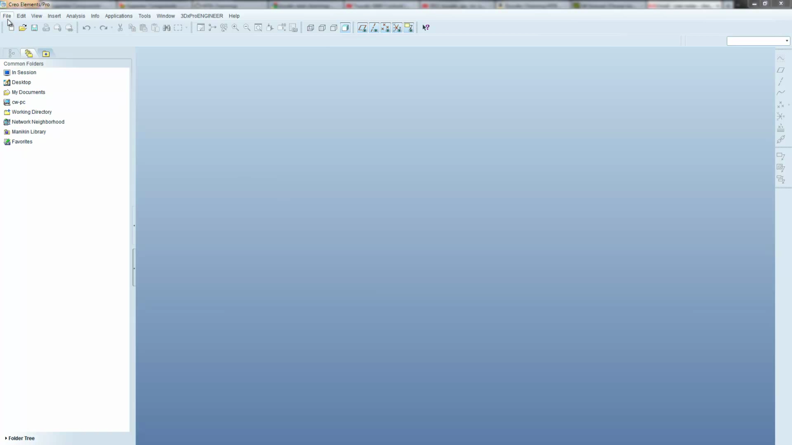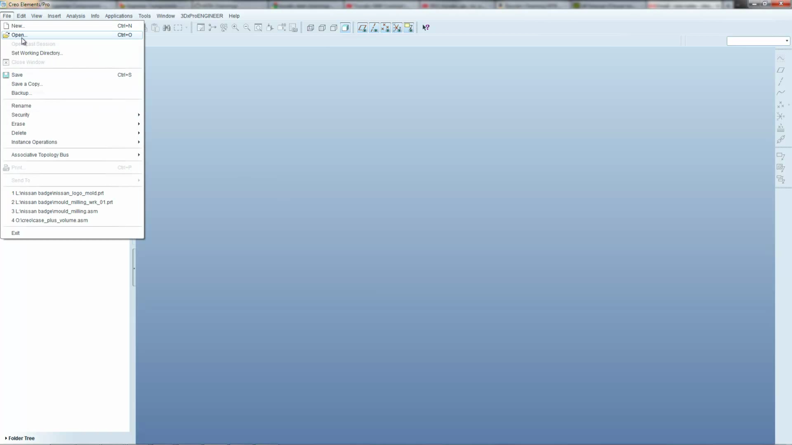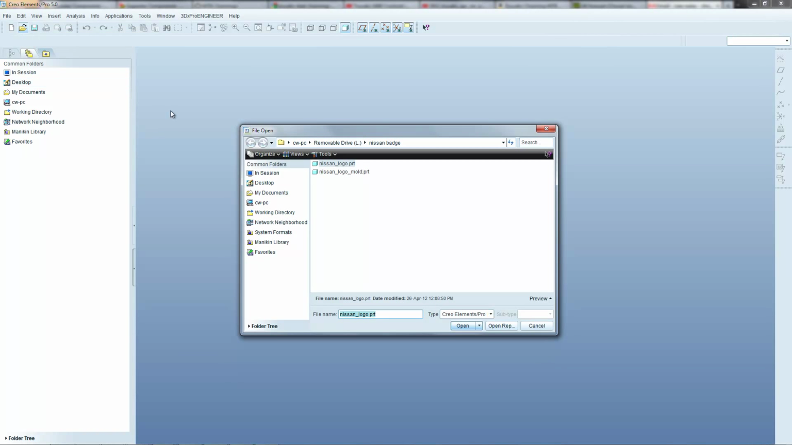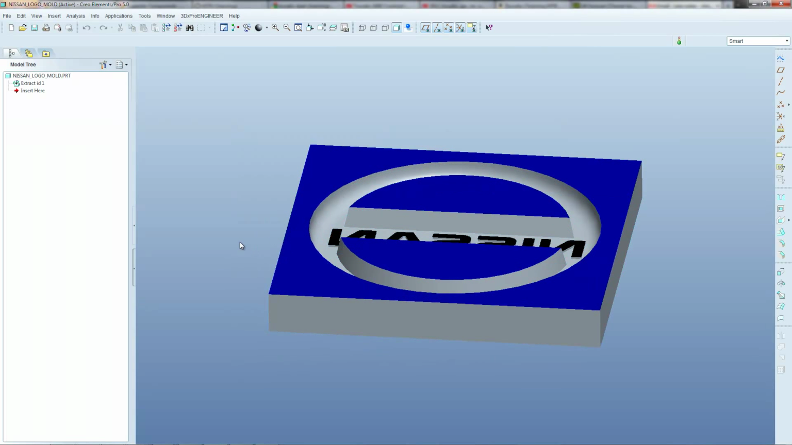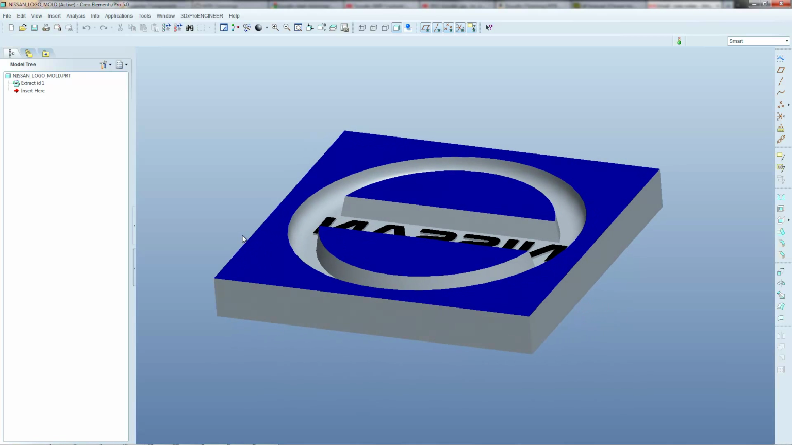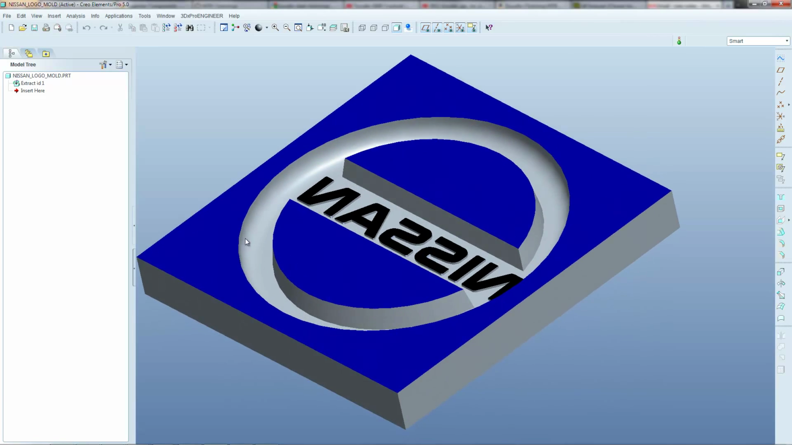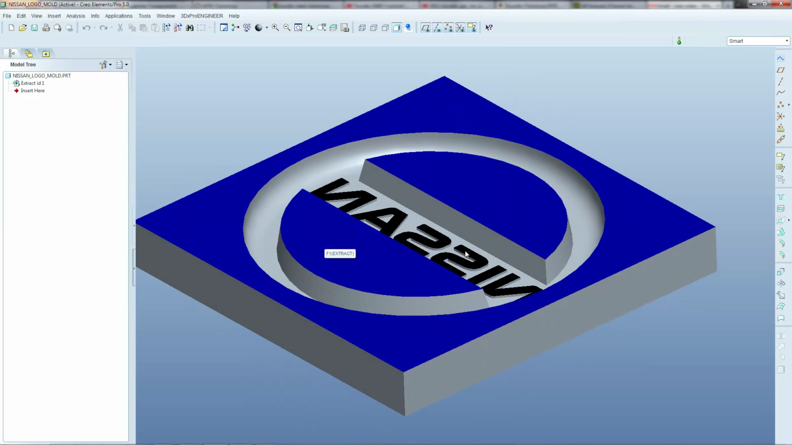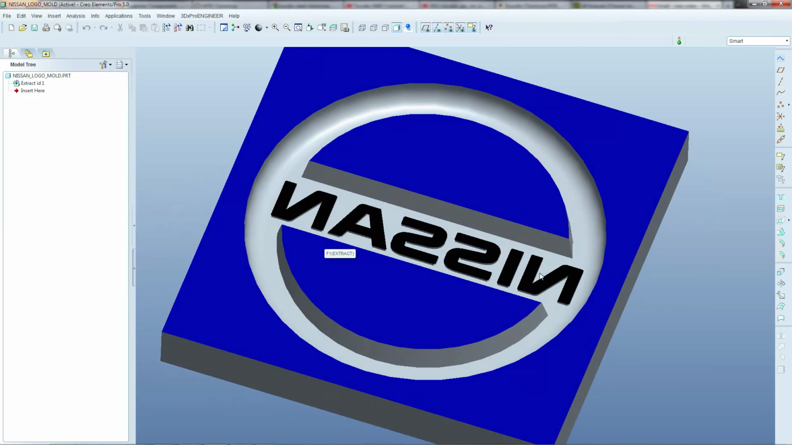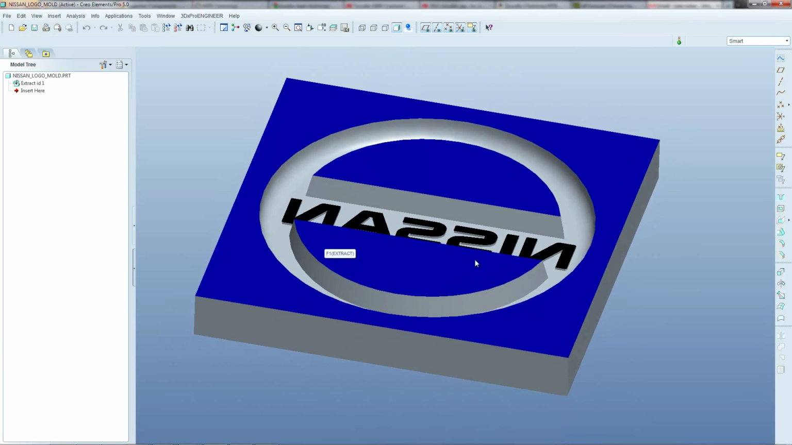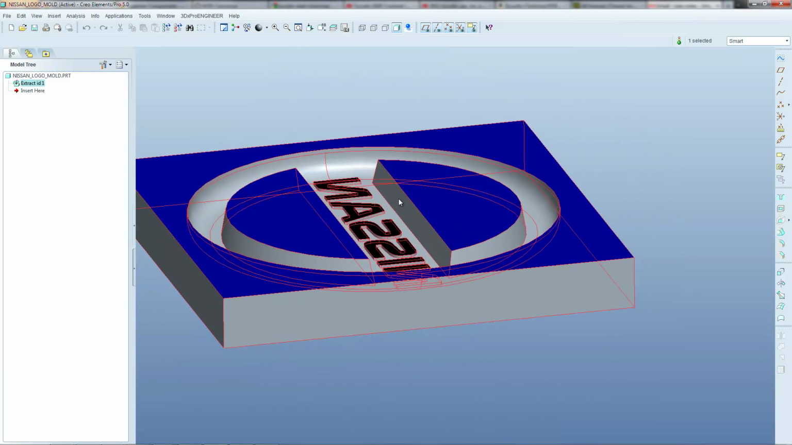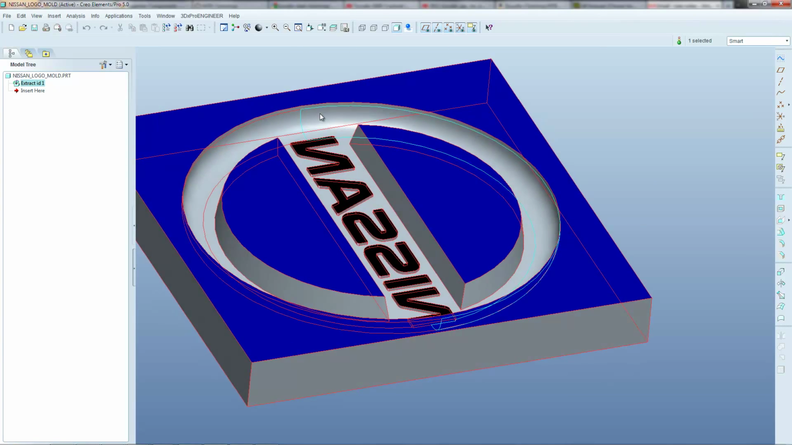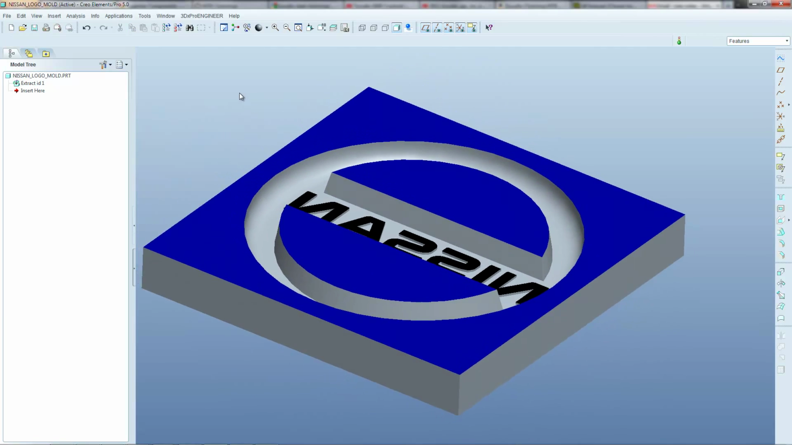So the first thing that you need to do is open up your mold model. So we'll just open up an example here. So here's a mold model that I've created, which is a cavity that would make a Nissan badge. So you can see we've got drafts on this, we've got some rounds, and